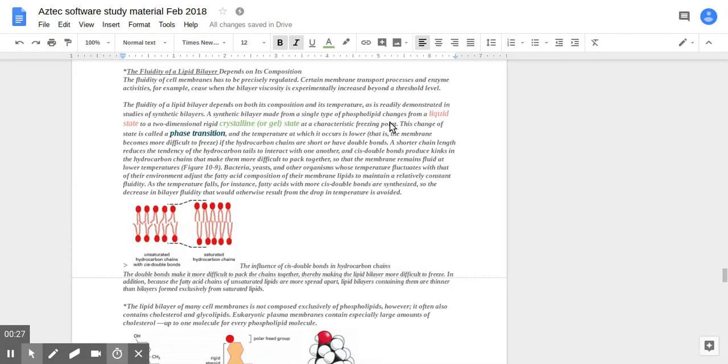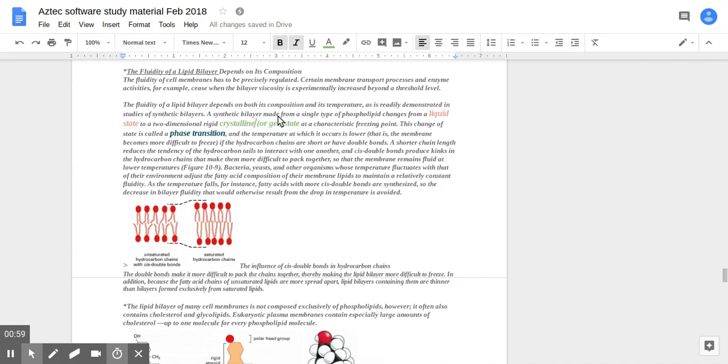So fluidity of the bilayer is controlled by their composition. So the phospholipid molecule composition, as well as environmental factors such as temperature. So, the phospholipid bilayer,